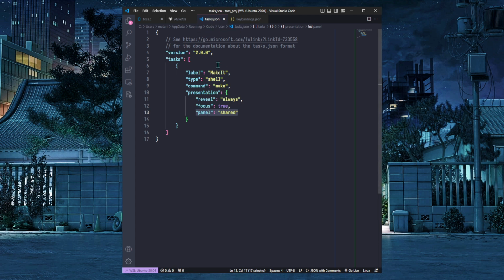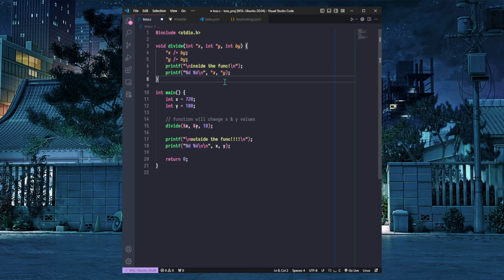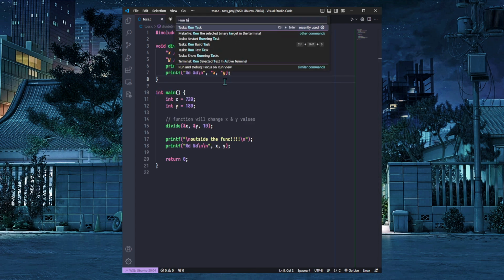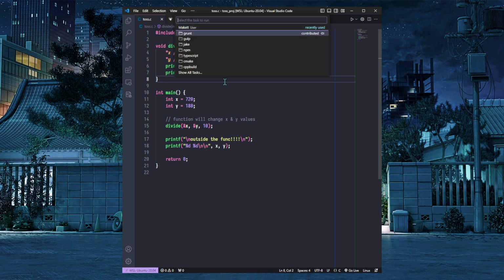Then I said, okay, cool. So I have a task. Now that it's created, I could do Control Shift P, run task, and let's see, run task. Yeah, and there's my task named make it. So if I click it,